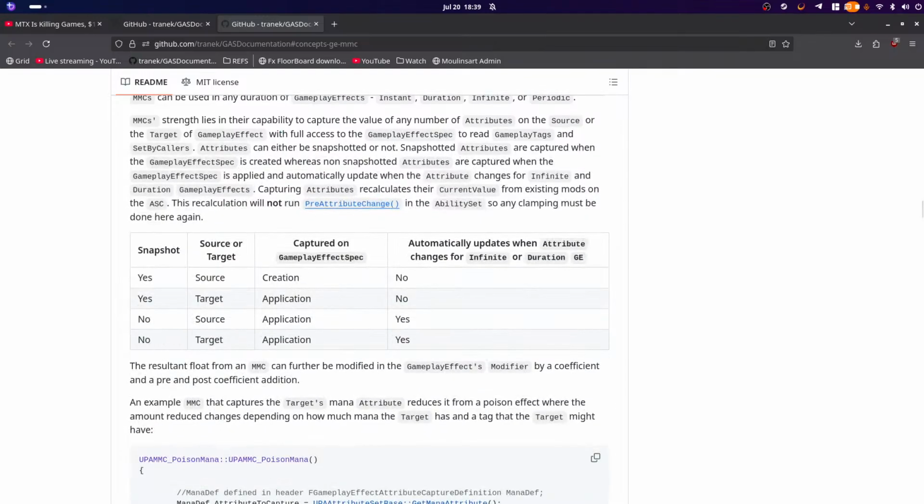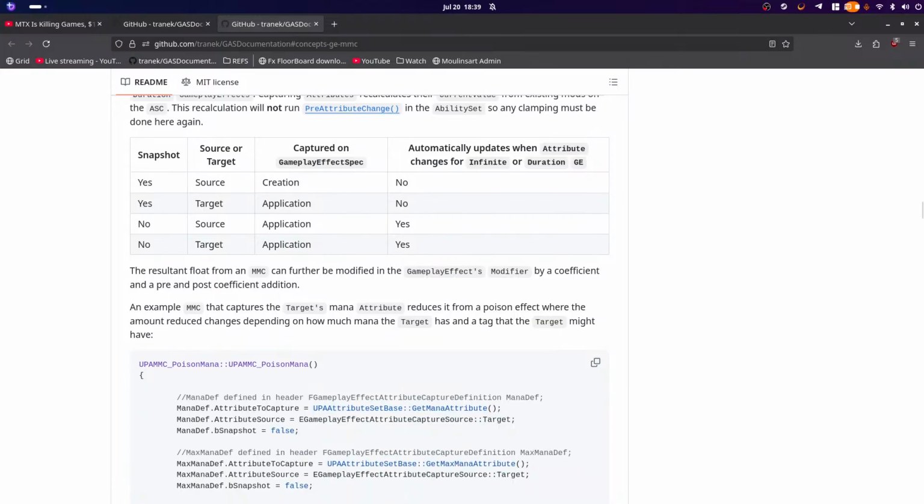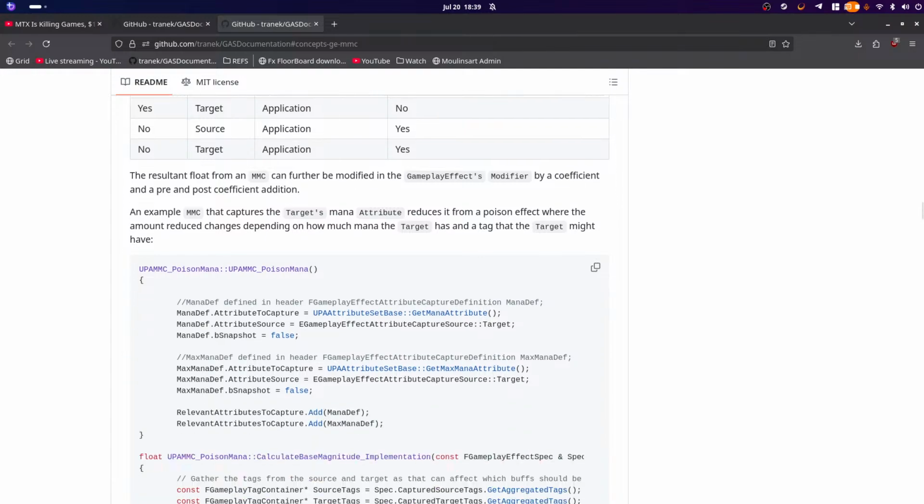All right. Resultant float can further be modified by the gameplay effects modifier coefficient pre and post coefficient addition. In an example, MMC captures the target's mana attribute and reduces it from poison effects, where the amount reduced changes depending on how much mana the target has and a tag that the target might have. So